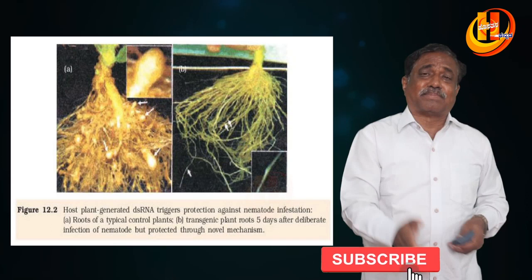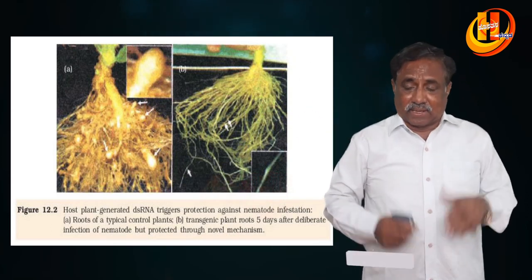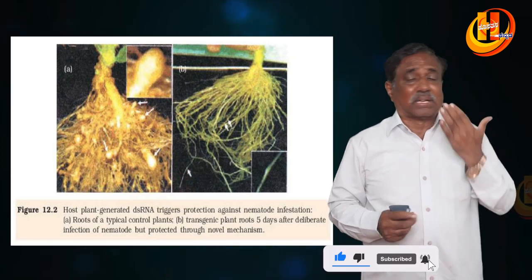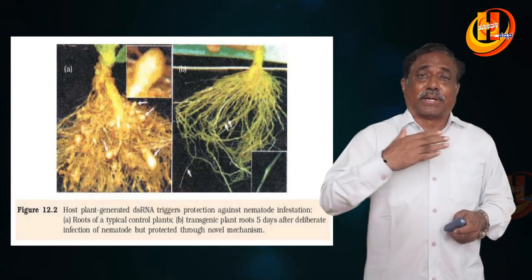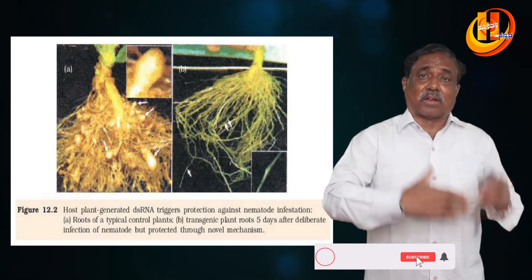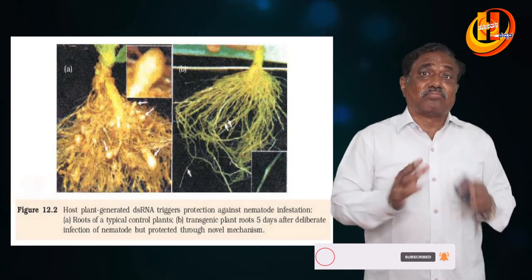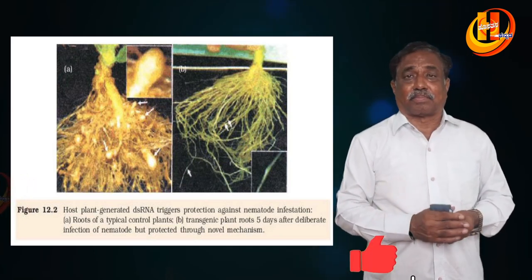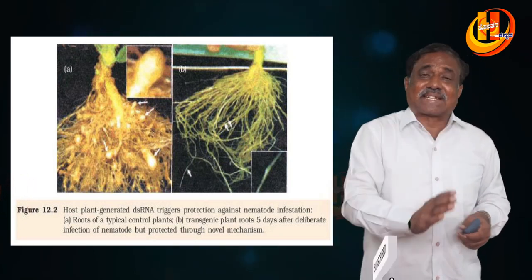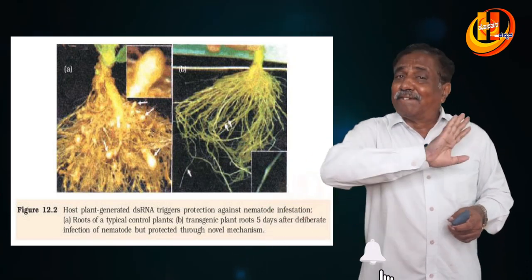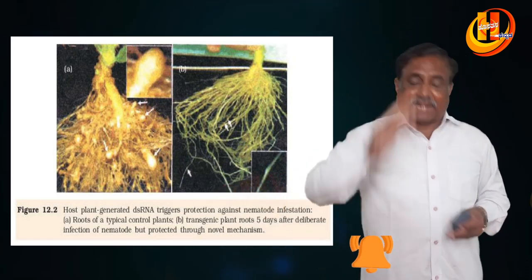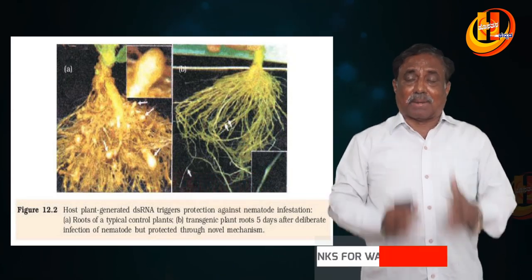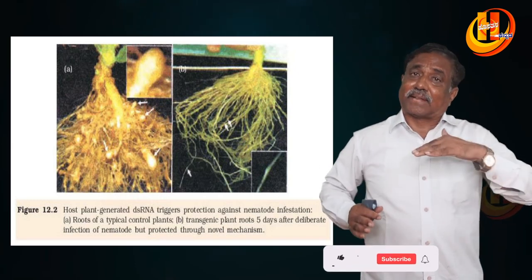These vectors carry the genes which produce the double-stranded RNA that silences mRNA so that enzymes are not produced, and such Meloidogyne incognita will not survive in the plants. So coming to India, about 30 recombinant therapeutics